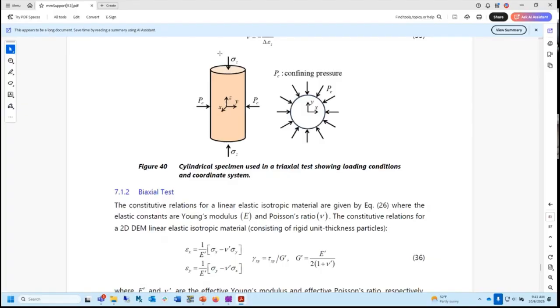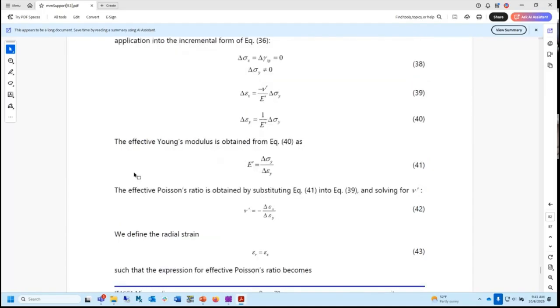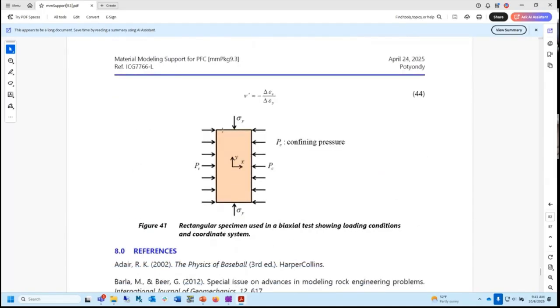It would not be a cylinder. It would be a block of material. See if I have a picture here. You could think of this as a thin plate of material, okay? Same thing, linear elastic isotropic material, but it's a thin plate. And so a biaxial test would be performed by applying confinement on the sides and pushing it from above and below. And if you think about this, that's not enough to define the problem, because this is a linear elastic material with a certain thickness.